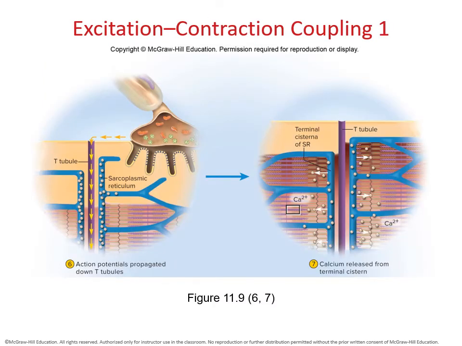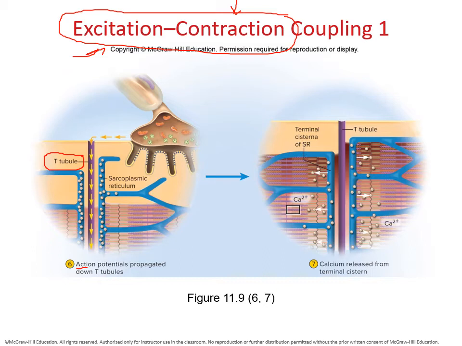In order to do that, we're going to move to our second step, excitation-contraction. So we are going to couple our excitement, so our changes in membrane voltage, to the actual contraction that we want to have, so the response that we want the muscle cell to have. In order to do that, we have our action potentials that we were able to generate. We're going to have to take that excitement and get it inside the cell. So what can we use to do that? Well, what about those little invaginations that we were quickly introduced to in part 1, the T tubules?